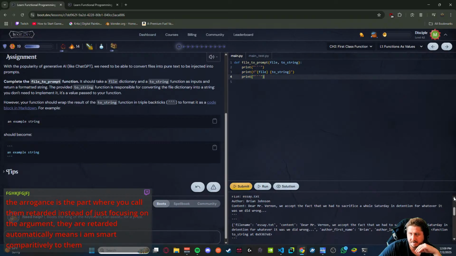And this is the part where you call them retarded instead of just focusing on the argument. But if they're not making an argument, okay, let me give you an example of a retard. Let's say you have LGBT people going around saying, "We love Hamas." Their argument and their existence contradict one another. They support a group that would throw them off of rooftops. What is the purpose of their argument if not to be retarded?